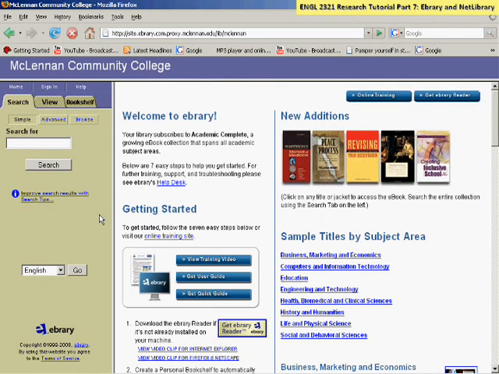Ebrary does have a little software you have to use to read the books. It's called an Ebrary Reader. The first time you use the database, and only the first time, you'll have to install the reader. You can click on the Get Ebrary Reader button located on the screen up here on the right, or you can wait until you've selected a book to open, and then you can download the software when it prompts you to. Go to the advanced search screen,